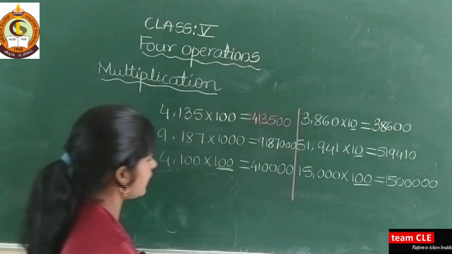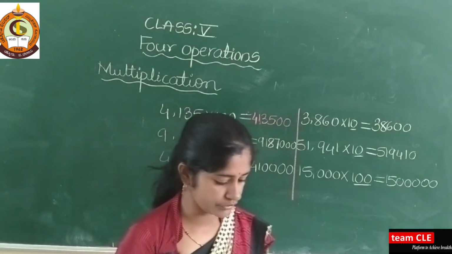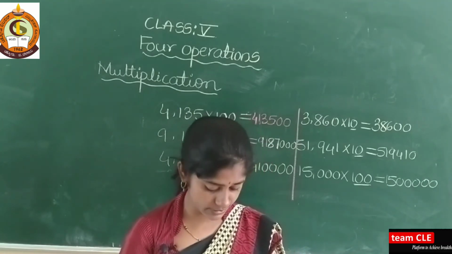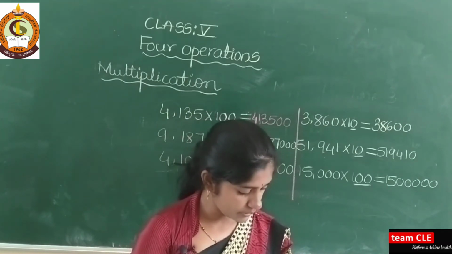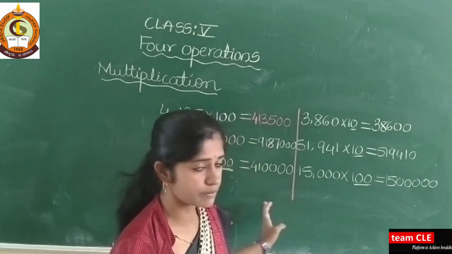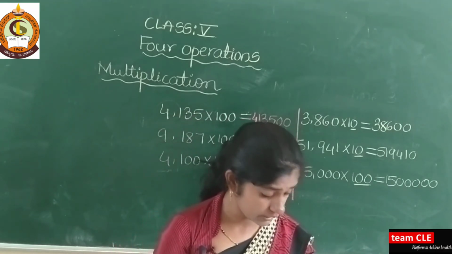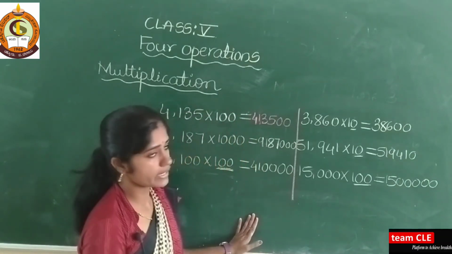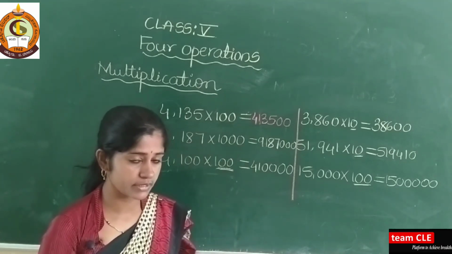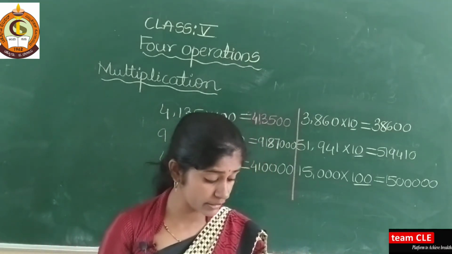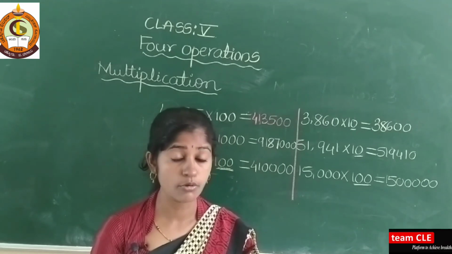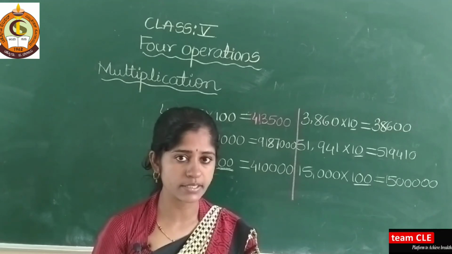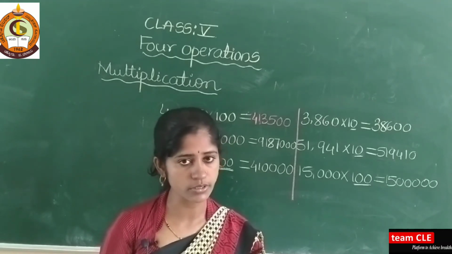In this class I taught the properties of multiplication, and I have solved some examples from your My Practice Time 3 on page number 98, the fill in the blanks, 4th and 3rd, also from page number 98. So this is about today's class on multiplication, and in the next class I am going to teach you how to multiply 5 and 6 digit numbers. For that you need to know tables compulsorily, so please keep practicing tables to solve the multiplication examples.